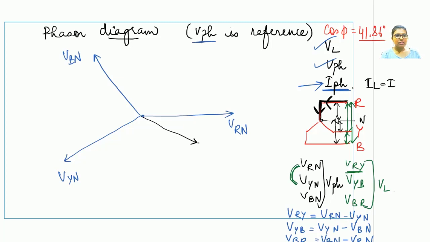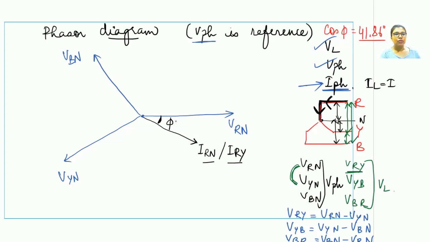So this is the phase current, which can be represented as either IRN or IRY, because for the star connection, the line current is equal to the phase current. So you can use either of these notations or you can use both the notations by putting an oblique sign in between. Now what is very important in this question is the representation of this angle phi.